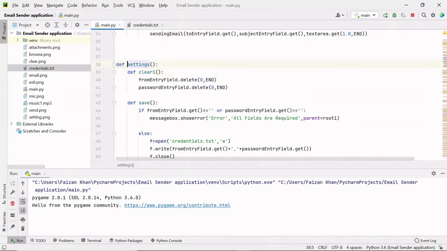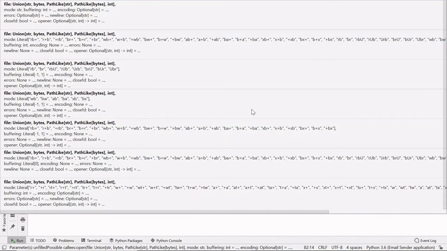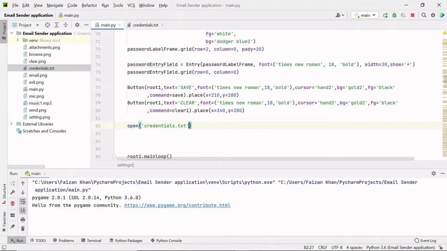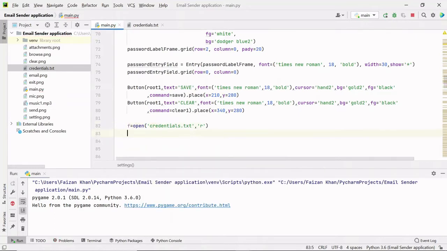So inside the settings function, what I have to do is, from this credentials.txt, add the email address and the password inside those entry fields. I'm going to do this after creating this clear button. Just here, I'm simply going to firstly open that file. So open credentials.txt and I'm going to open this in the read format. I'll name this file as f, and after that I'm going to read it using a loop, for i in